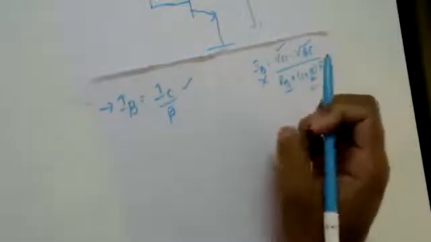However, VCC will be known to you, VBE is fixed, that is default, not a problem. Beta will be given, and if not given, you can assume it. The only problem is with respect to RB and RC. Since RB and RC are not known to you, you compulsorily have to use this equation only. So IB is equal to IC divided by beta.